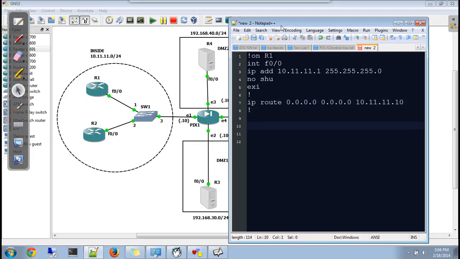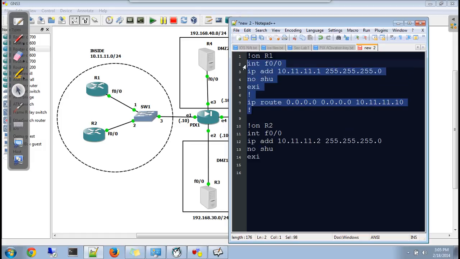Then on R2, interface F0/0, again IP address 10.11.11.2, 255.255.255.0 with a no shut and an exit.